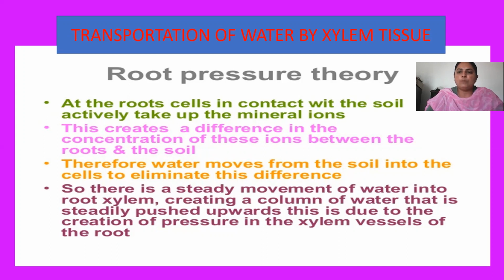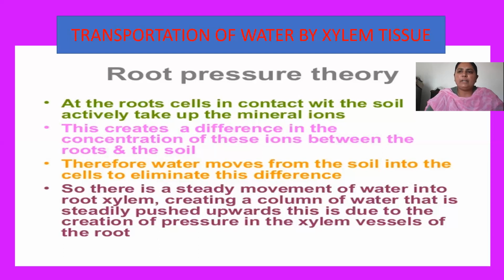Now, when these water molecules move towards the first cell of the root, they exert a pressure on this cell, and as a result, the minerals present in that cell are shifted from the first cell to the next cell. So again a concentration gradient is established between the two cells of the root, the second cell and the first cell. Again the water from the first cell moves towards the second cell to balance the concentration gradient that is established between them.